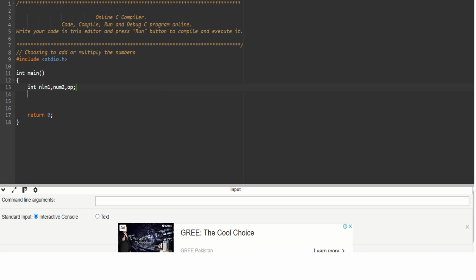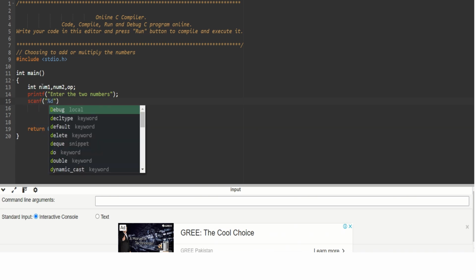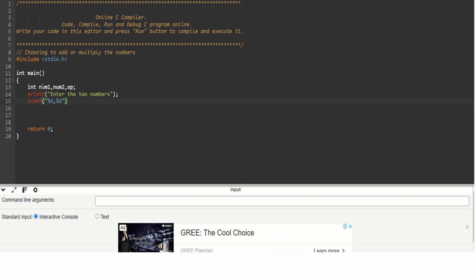That is, we will tell the user through printf, enter the two numbers, terminated by a semicolon, scanf, where we ask the user to enter the two numbers, %d, and num1 comma and num2